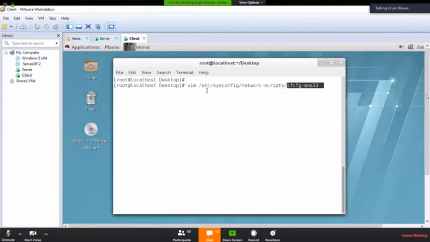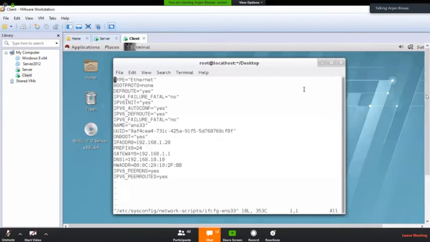This file is situated under this directory. So this is the location of the LAN card configuration file. If I open it in the VIM editor, the configurations are stored in this particular file, where the type is Ethernet.